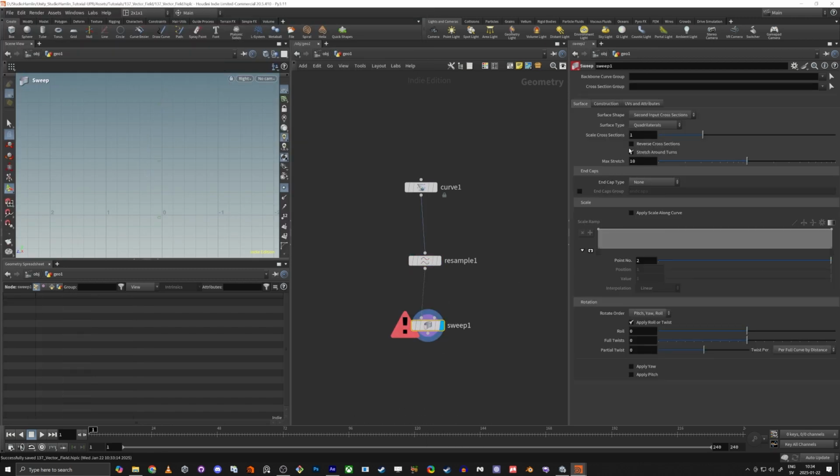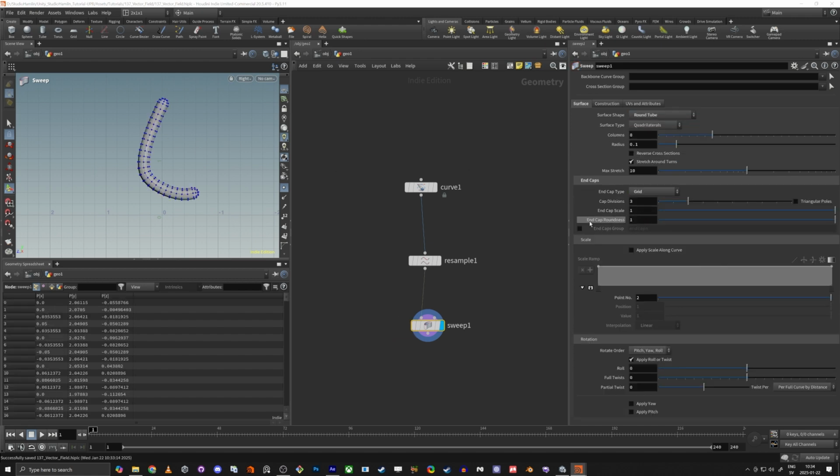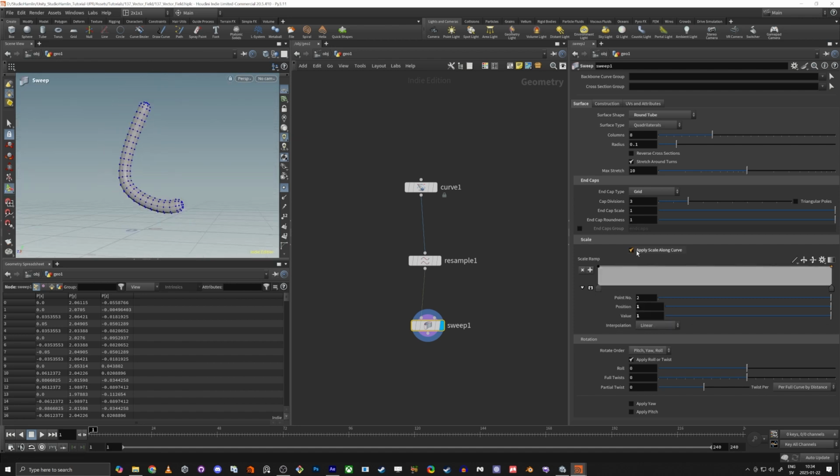And this one going to have the round tube. And then here we're going to do grid. So just get this nice round ends here. And then we're just going to do this apply scale. And we're going to have a little bit bigger like this. And here